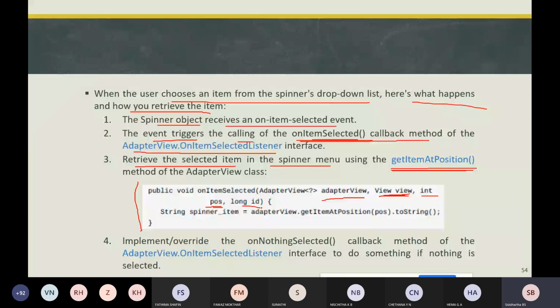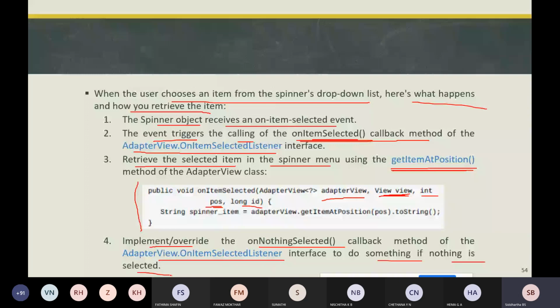The next step is the onNothingSelected callback. We need to implement, or override, the onNothingSelected callback method of this interface to do something if nothing is selected. So you have a spinner and a list of items, and you have not selected any of the items in the drop-down list.